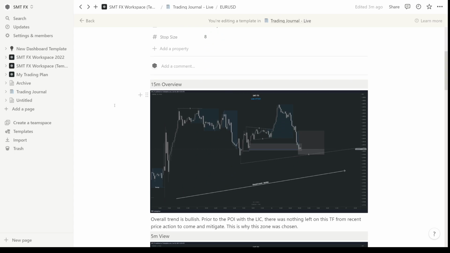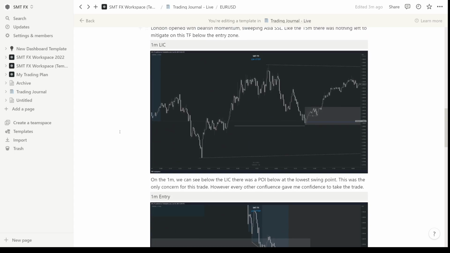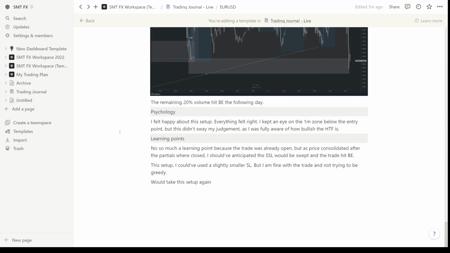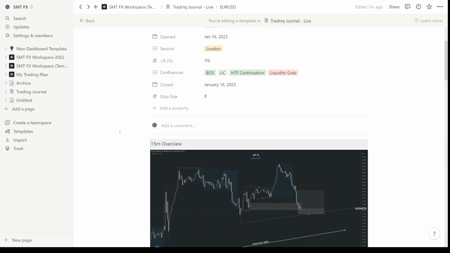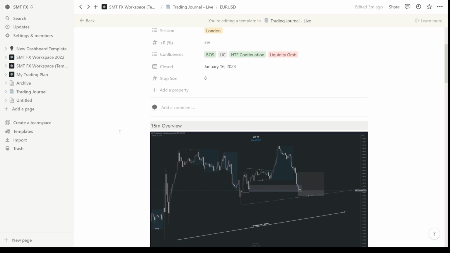So I'm just going to give a quick overview, and as you can see, there's a fair amount of data in here. Why is it scrolling down? So this is everything I've recorded for this particular trade, and we're going to go through why I've included certain information. Now, one of the things that I spoke to you about with one of the guys on the mentorship course, on the mentorship section, was